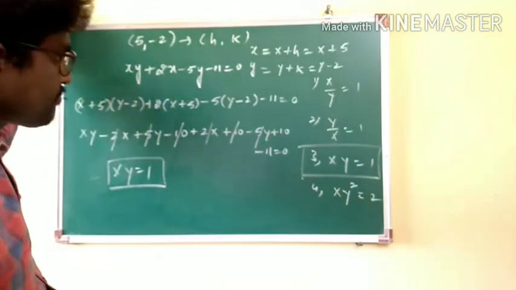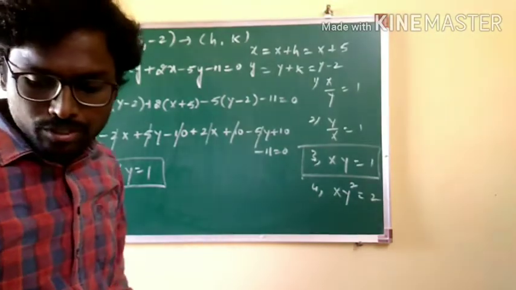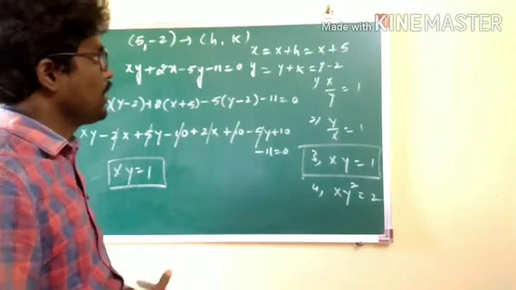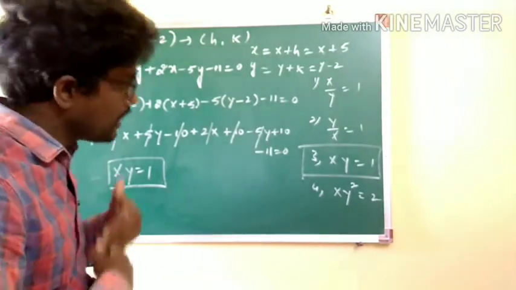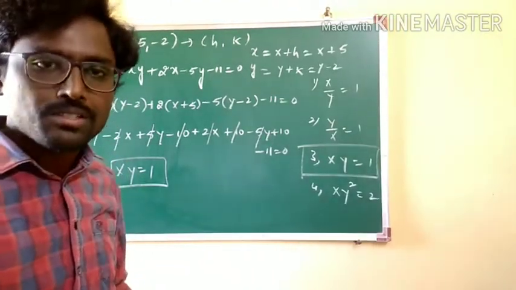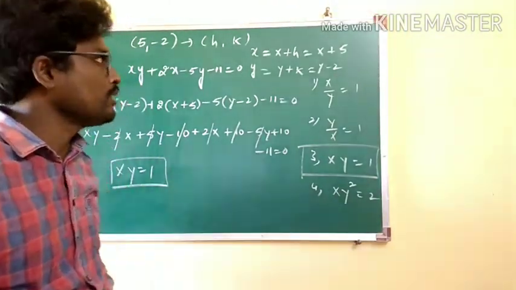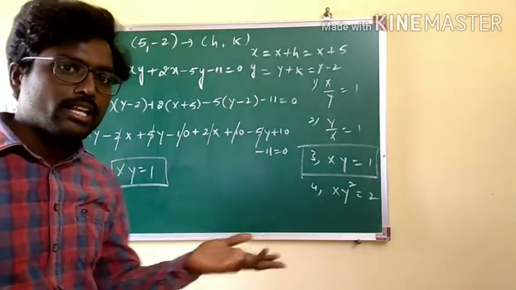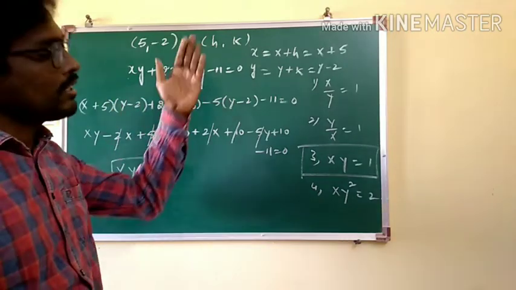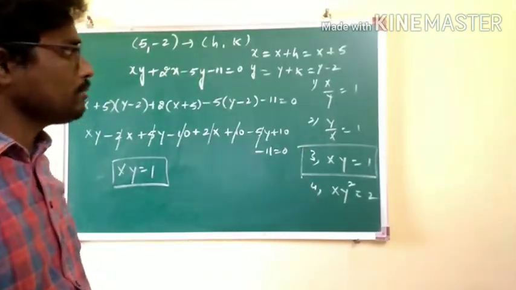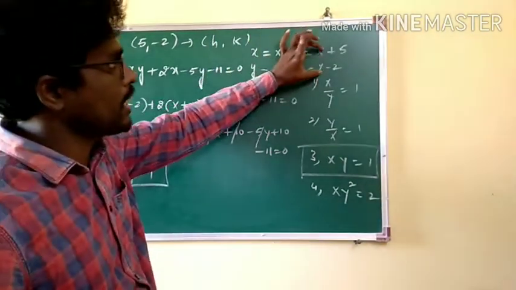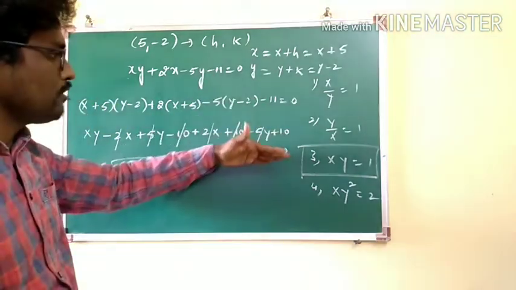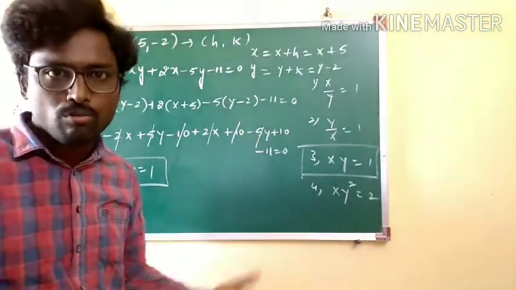The third option. So, what do you understand here? First, taking the given coordinate as whether it is (h, k) or small x small y or capital X capital Y, and whether we are supposed to calculate in the new system or old system, that's very important. Here very clearly the axis translated to (h, k), that is (5, minus 2), and the given equation is with respect to the old system, and the outputs are in the new system, so we are supposed to express small x and small y in terms of capital X and capital Y, and that is to be replaced in the equation, so that we get the output as XY is equal to 1.